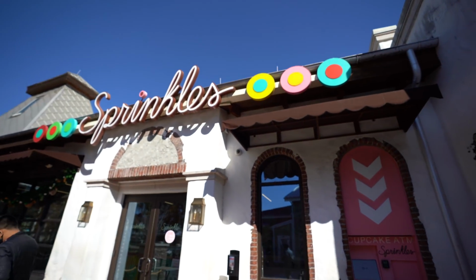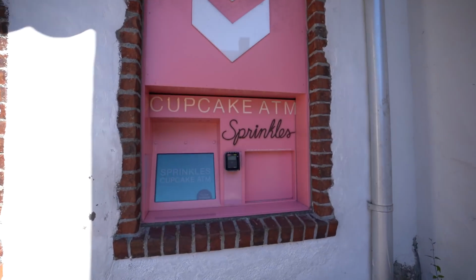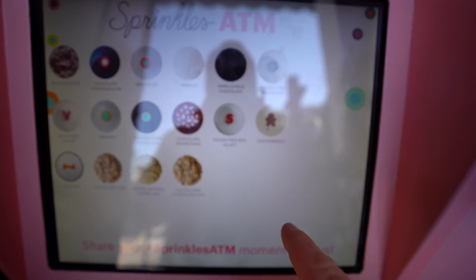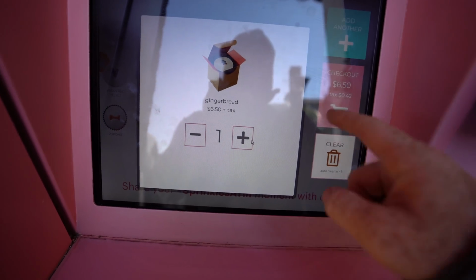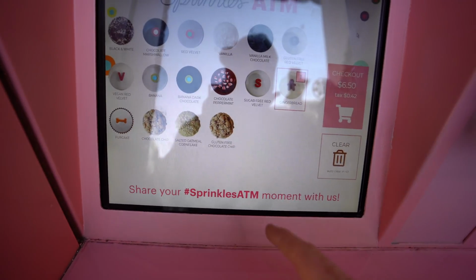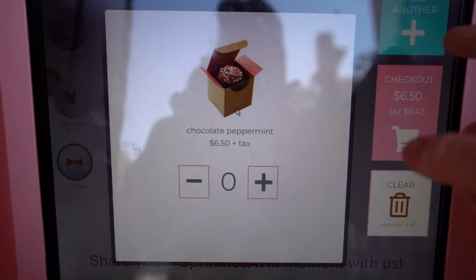All right, so Sprinkles. I don't know if the actual establishment's open, but ATM is open, and they've got cupcakes. So we've got the gingerbread, which we will add for $6.50, and a chocolate peppermint. We'll also add that for...